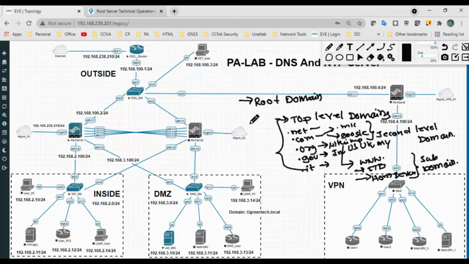DNS names are assigned to internet registrars by IANA, which provides public IP addresses to organizations.